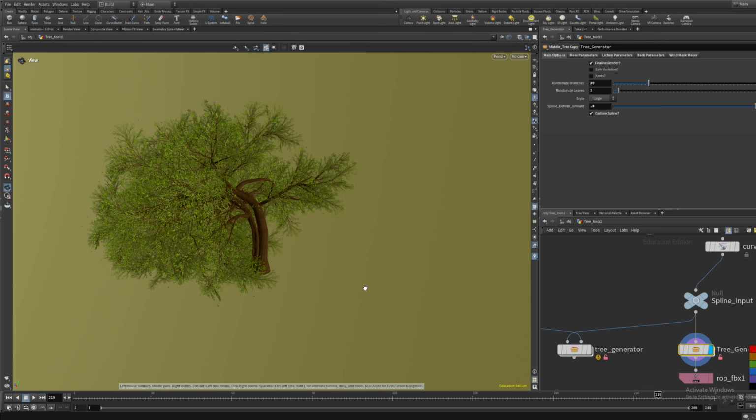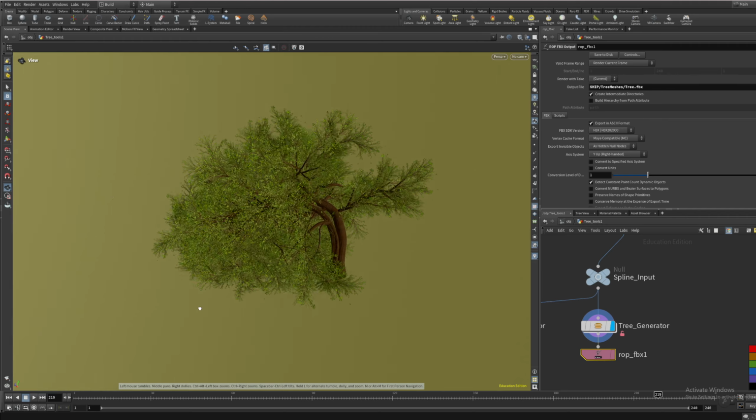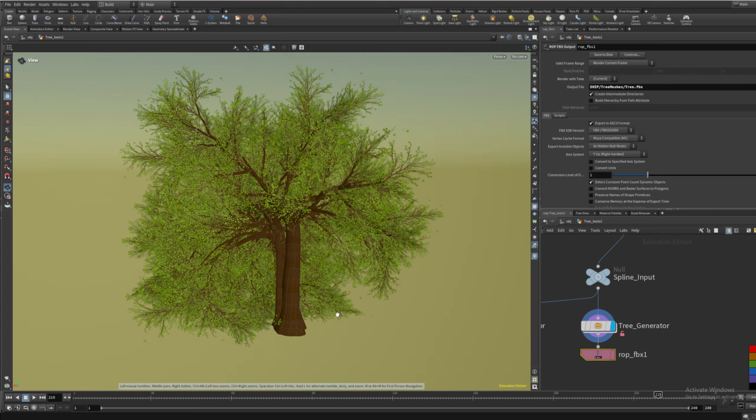Okay, yeah, that is basically it. And then once you've got your generated tree, you can just save it as a FBX if you're working in Houdini. But this will